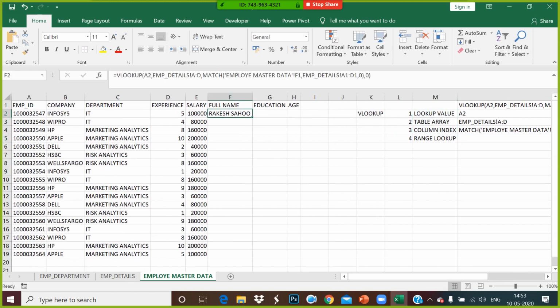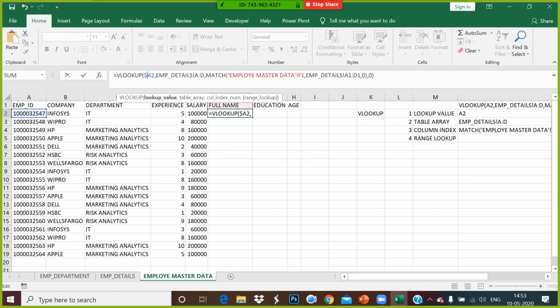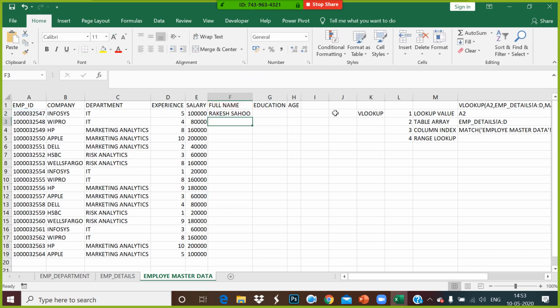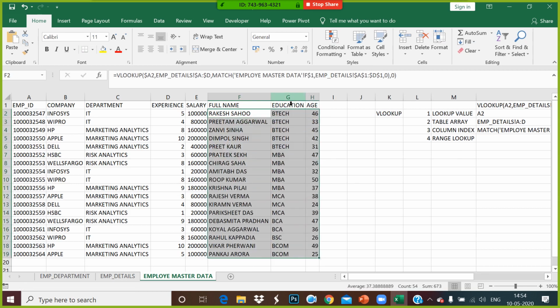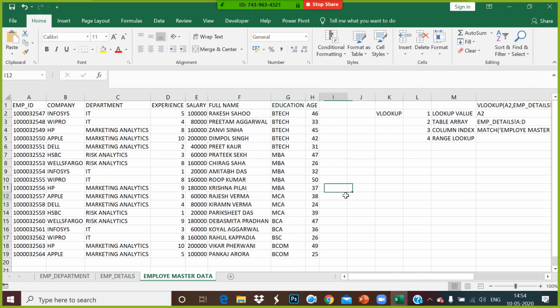Now when you want to make this dynamic, you make column A to column D constant. So you put a dollar here, you put a dollar here. This one gets a dollar here. Make this one both dollar, dollar A, dollar D, and dollar 1. So this is how, guys, you make this dynamic and drag these values, and you get it over here. So this is the use of VLOOKUP.